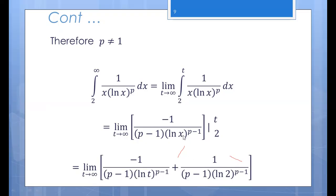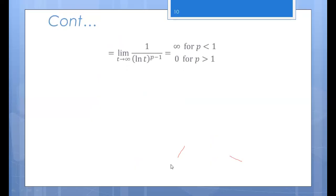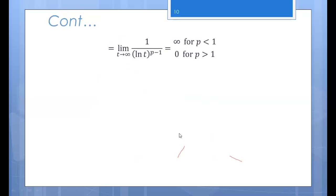That is, if we substitute t in the place of x here, we obtain this, and if we substitute 2 in the place of x here, we obtain this. Notice that we have here minus 1 over p minus 1, so that we can factor it out of the limit, since it is a constant. Further, the determinant factor for the limit is this: the limit of 1 over ln of t to the power of p minus 1 when t approaches